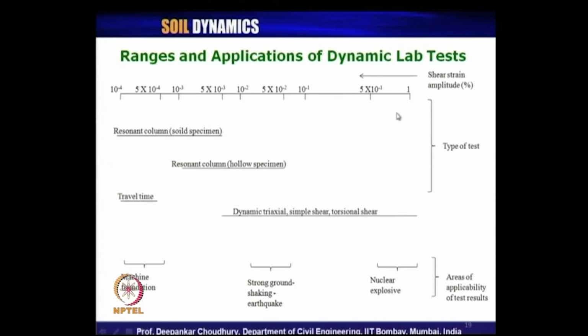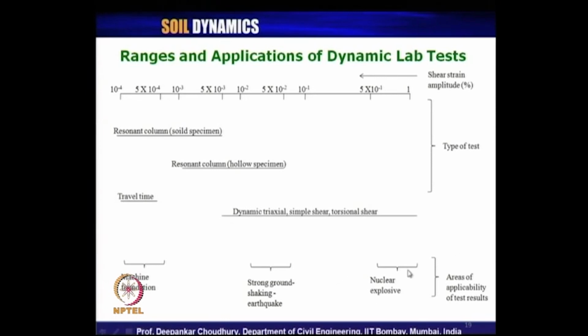What does it mean? Which type of test should we use in that case? The results we get from cyclic triaxial, cyclic simple shear or cyclic torsional shear, only those results are correct to be used for the design of nuclear structures subjected to a nuclear explosion type of dynamic load. Suppose you use the value of G or damping ratio obtained from resonant column